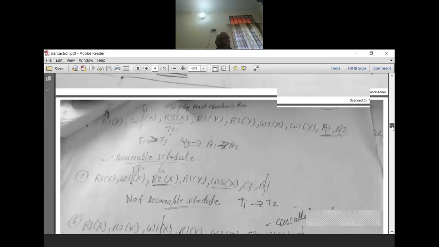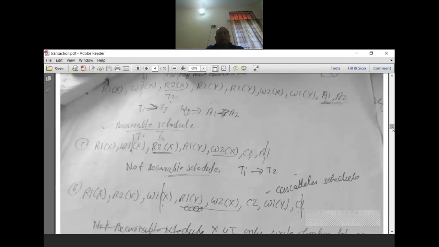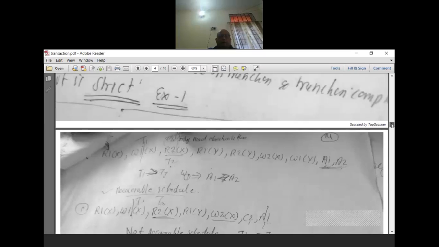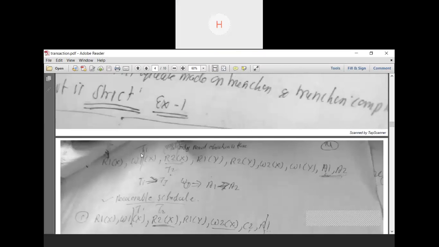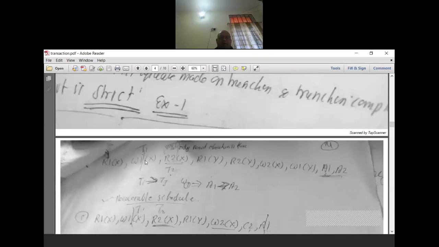Now I will see another example. So this one is our example. Now I am saying that write 1X is performed here. First update on data item X performed by transaction 1. Completion of transaction 1. In between, a read operation is performed. So if a read operation is performed between that first update and completion of the transaction, what we have to do? We have to check whether it is recoverable or non-recoverable.